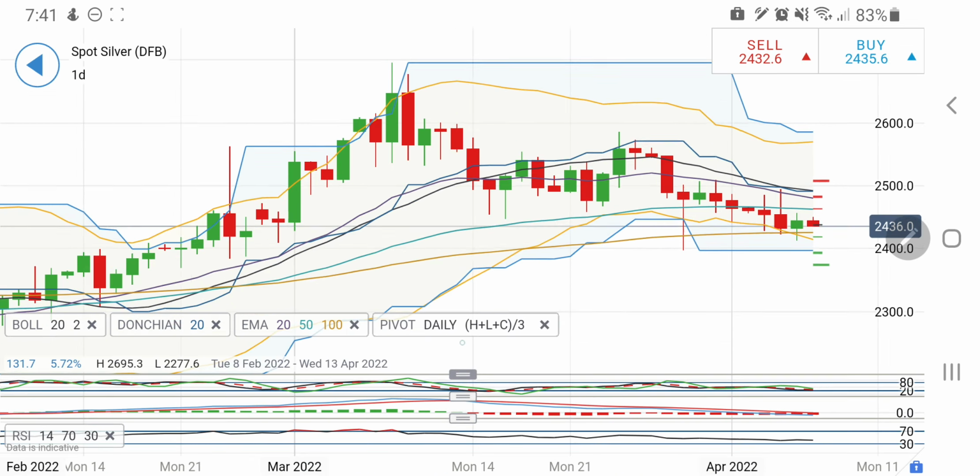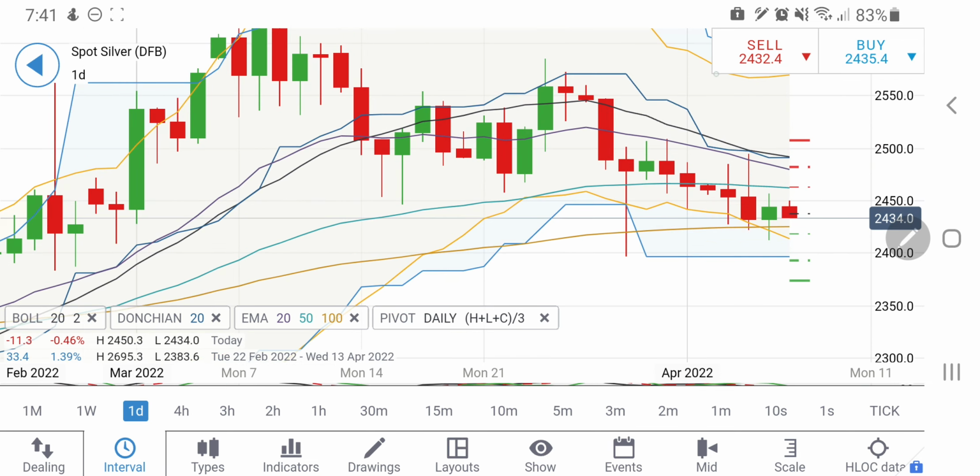Coming back to the daily charts, you can find a minor retracement day yesterday, and previously it was trading with 2460 as pivot, making lower lows, and again if it tries to drop, we can expect that it may try to come back towards 2410, 2400 levels. So I'll be looking forward to a drop towards 2410 or 2400 levels. However, if it breaks 2450 and trades above, then it is a reversal and it is going to go long.